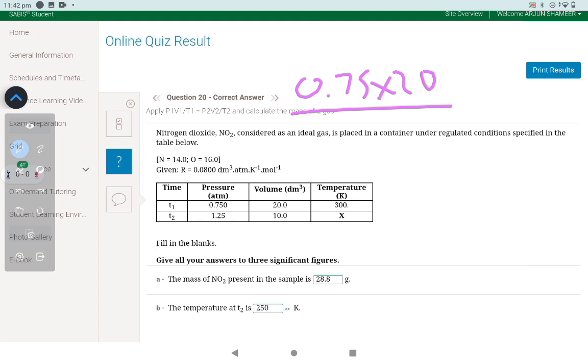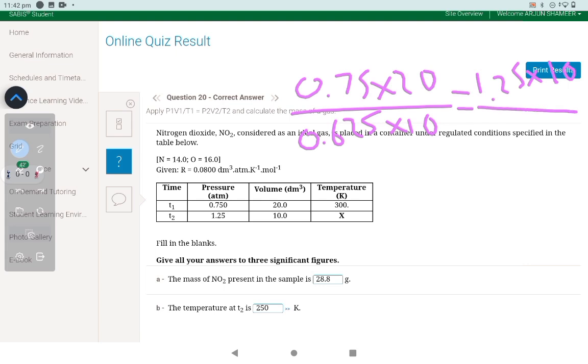We found it to be 0.625, the moles. Yes, 0.625. Okay, multiplied by 10 is equal to 1.25 times 10